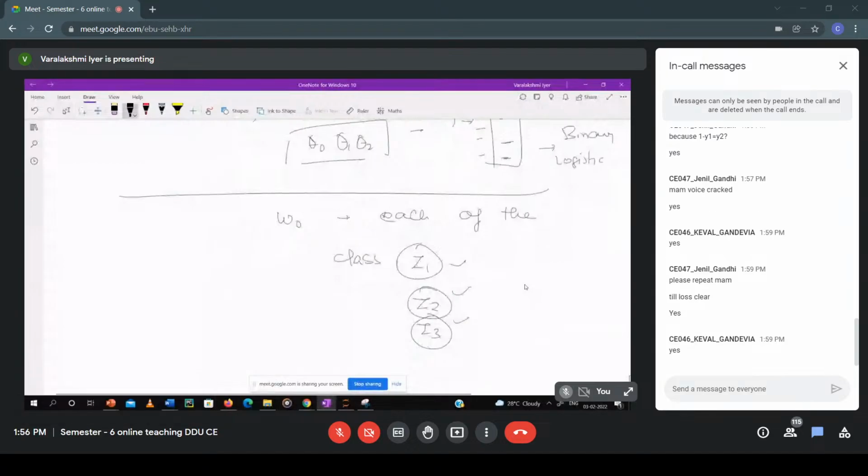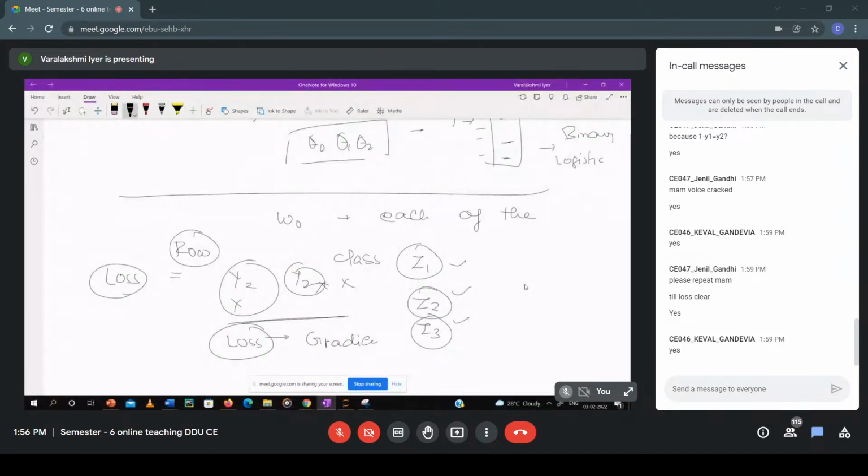So in a similar manner, in the case of the loss function, for the first row you can see that y2 and y3 were eliminated. So what will we be learning after the loss function? After you calculate the loss function and apply gradient descent, based on these classes, whatever dataset division is happening, it will try to learn the parameters accordingly. So for Z1,